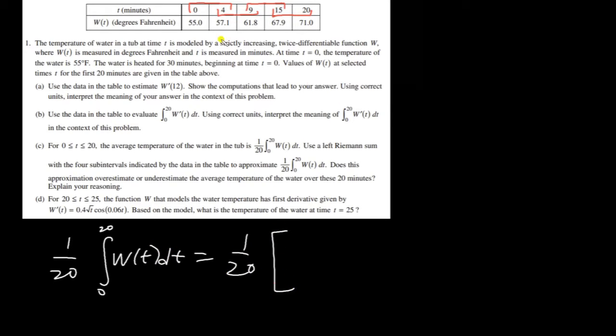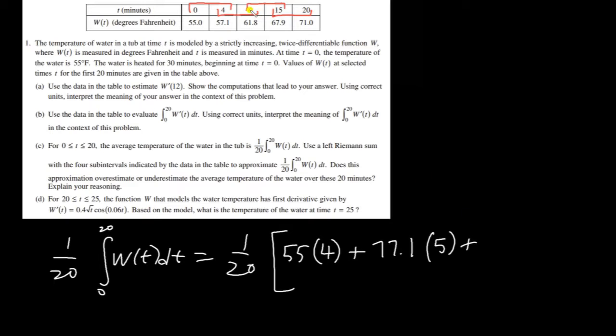So the first subinterval from 0 to 4, since we want to do a left Riemann sum, we have 0 and 4, so we're going to take the left of these two, which is 0. We're going to take this value, 55, and multiply it by the difference in the t values. Here's 0, here's 4, the difference between these two is 4. Okay, and for the second subinterval, we have 4 and 9. The left one is 4, so 57.1, times the difference between 4 and 9, which is 5,